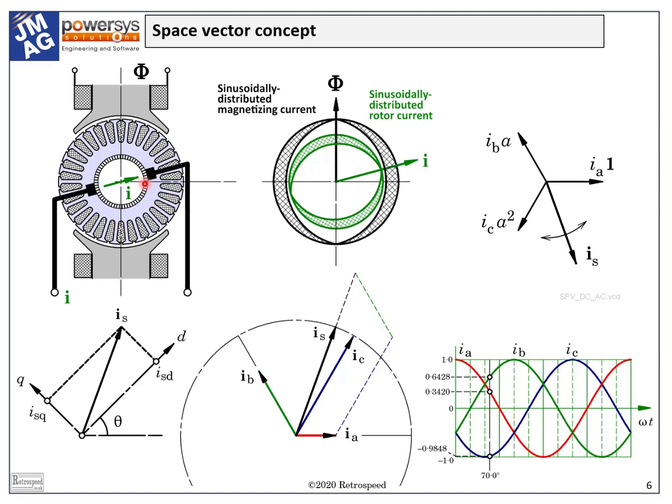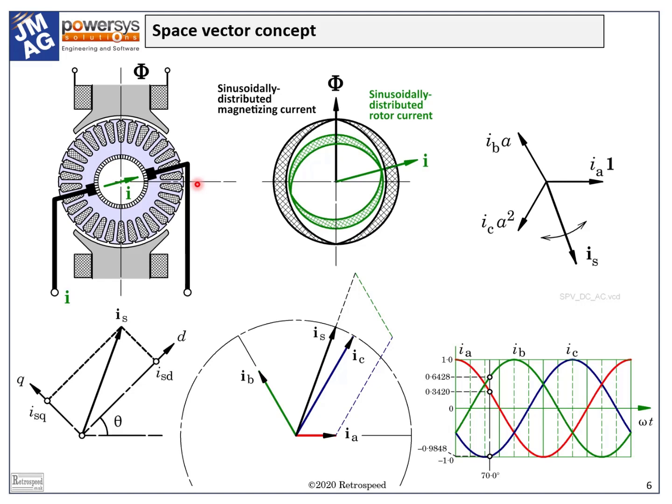Even in the DC motor, it helps to resolve the current vector, if you will, into two components, one of which is aligned with the field poles and modifies the overall flux and therefore also the terminal voltage, and the other one which is orthogonal to the field axis and controls the torque. Here we have the essence of field-oriented control, that is, the independent control of flux and torque. And it involves the resolution of a current vector into components which have a certain spatial orientation, especially in relation to the main field axis.